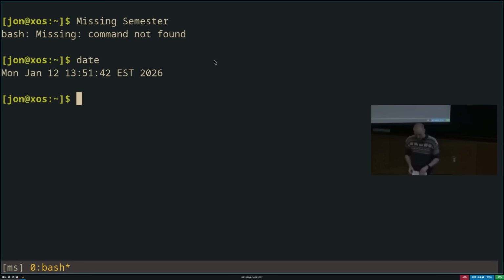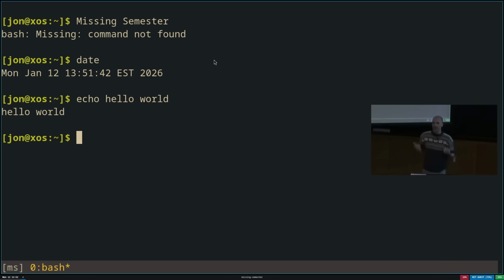We can also execute commands with arguments. So arguments here are things that follow the program name in the command. So for example, the echo program is one that will take the arguments we pass to it and print them back out. So for example, if I type hello world here, it prints out hello world. So hello and world here are arguments to the echo program. It's worth spending a few seconds here on what argument parsing is.